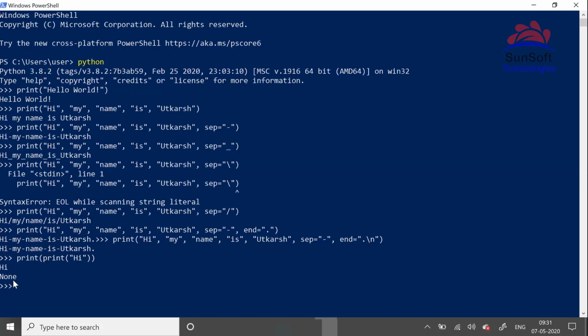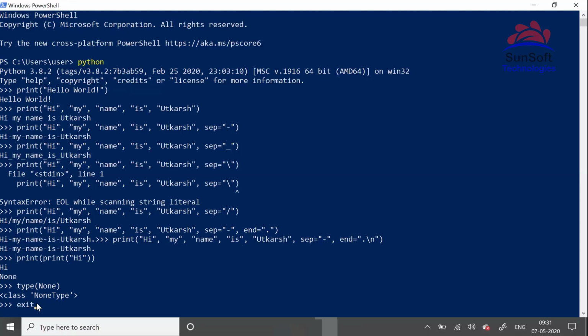None is the value that a function returns when it does not return anything. Kind of makes sense, doesn't it? None represents nothing. Now if I want to check out the type of None, I'll call the built-in method type and then pass None into it. So we see that it is a special type called NoneType. None has its own type, NoneType. We'll find out more about this later on.